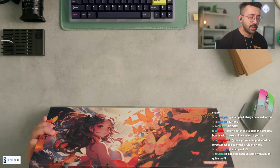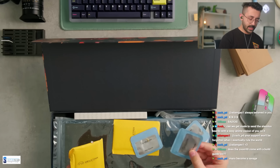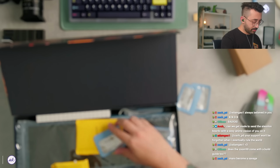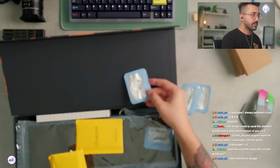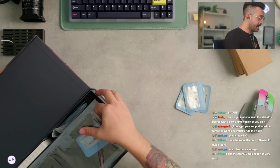Does the Zoom98 come with a build guide? I don't know. I haven't opened it yet. We got some screwdrivers, some screws. What's this? Oh, sorry guys, not in focus. More screws, batteries. I'm just going to put these to the side. And then